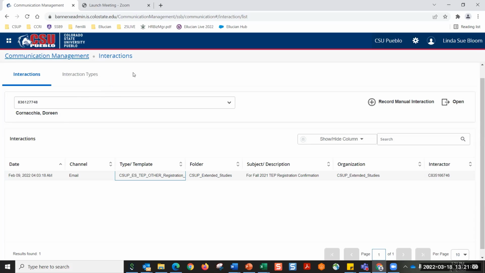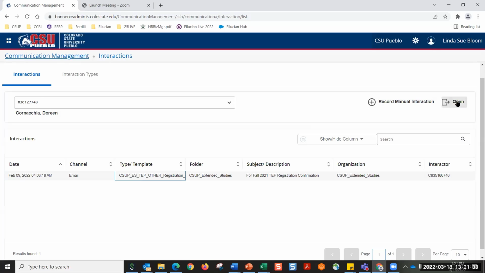You get a phone call from Doreen, and she has a question about an email that she just received, and she wants to talk to someone, and you're the person that she's going to speak to. You would come into BCM, go into the interactions module, and get her ID from her. Then you would find the one, and if she had several of them, you could ask her the name of it,